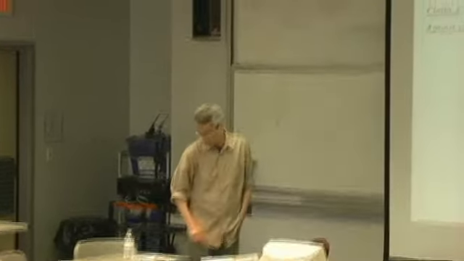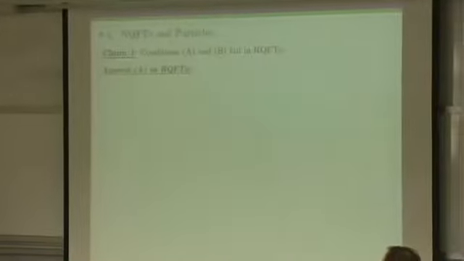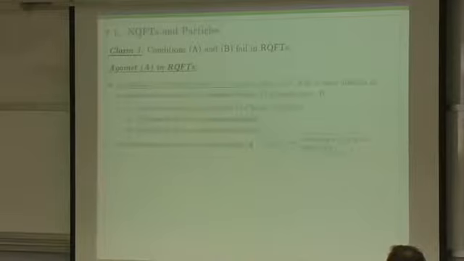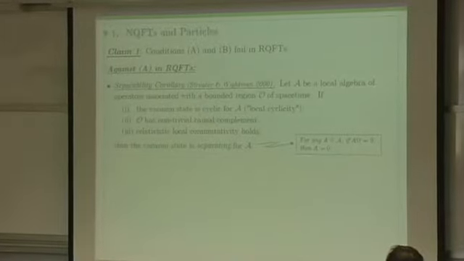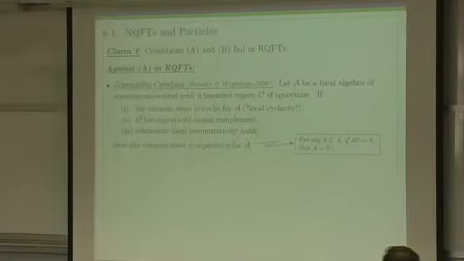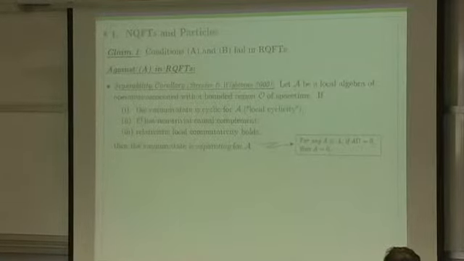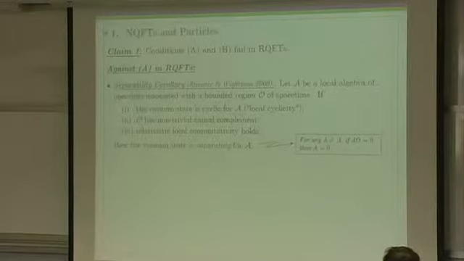So, condition A, the requirement of local number operators. Condition A is spoiled in relativistic quantum field theories in the following way. First, consider the separability corollary found in Schlieder and Whiteman. Let A be a local algebra of operators associated with a bounded region of spacetime. If the following three conditions are satisfied,